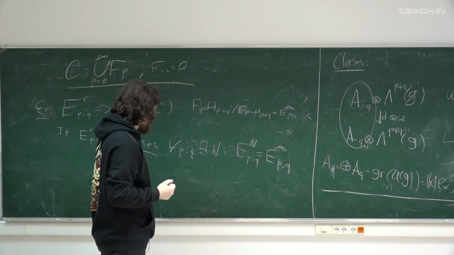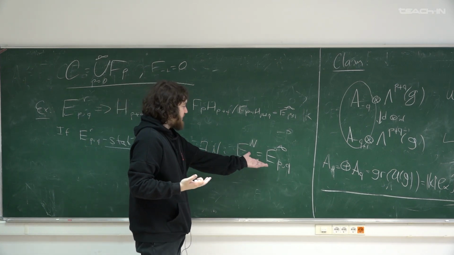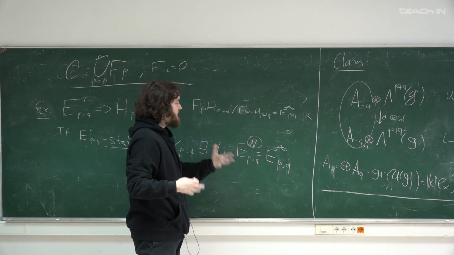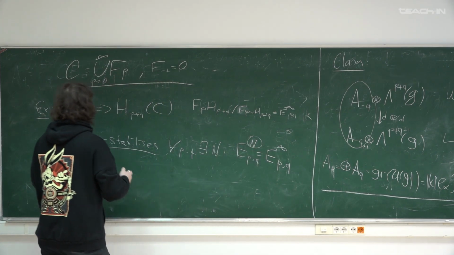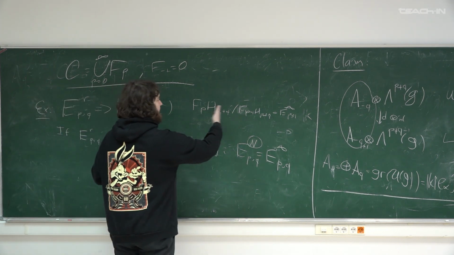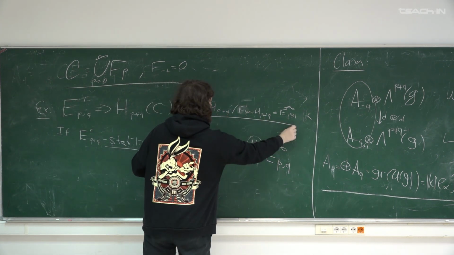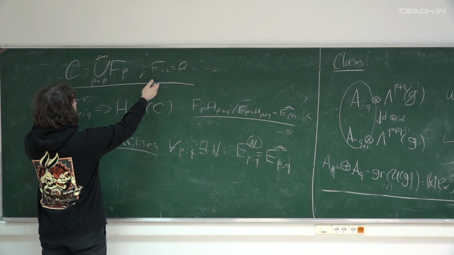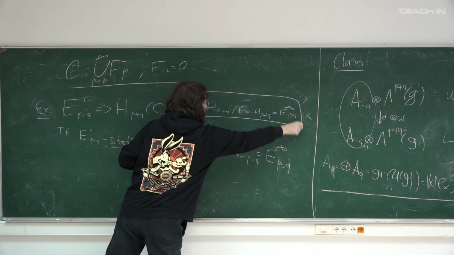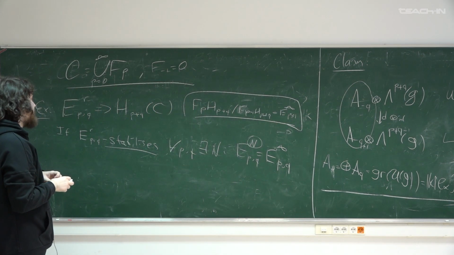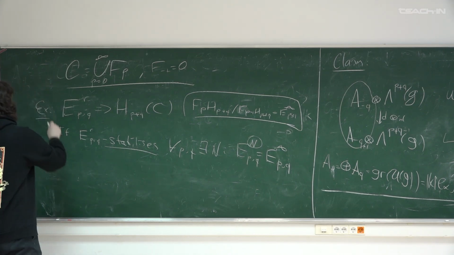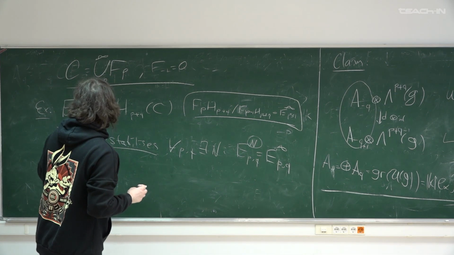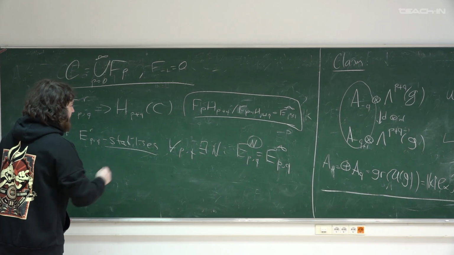So we need two things. We need that our infinity page is correctly defined, so we need some number in each p, q such that the infinity page is defined. And also we need that, if the infinity page is defined, we have some filtration on homology with this property. Now I claim that if the infinity page is defined, then this property of the filtration is enough. Why? In general it's an exercise, but in our situation we obtain that our infinity page